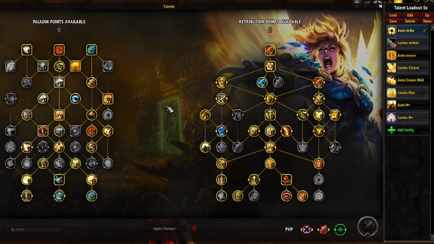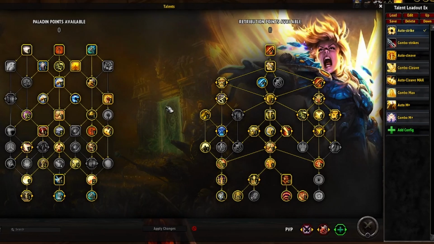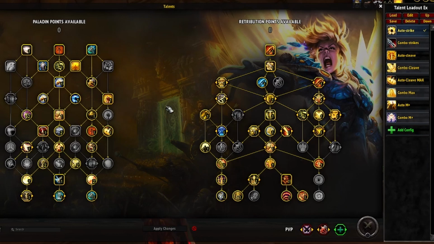Now with the reworked Paladin spec tree, we are actually very lucky as a Paladin because we have multiple ways we can build our spec tree depending on each situation. As you can see on the right, I have basically two versions of every build. I have the Crusading Strikes version and the Templar Strikes version. For the rotation showcase, I will only be showing the Crusading Strikes build as that seems to be the most popular, and also it's the one with the least amount going on,